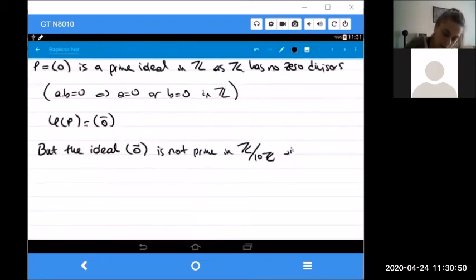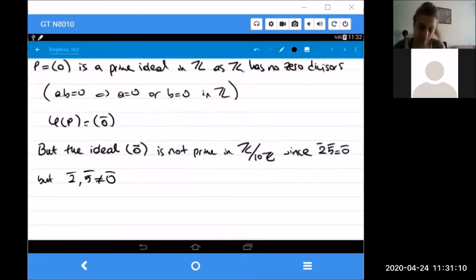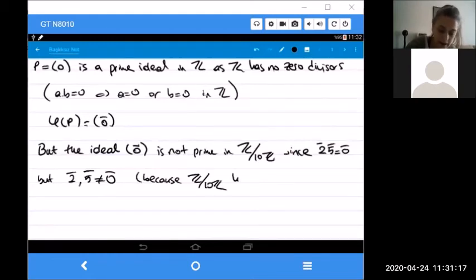take 2 times 5, for example, which is equal to 0, but neither 2 nor 5 is equal to 0, okay? Because, or you can write, because Z over 10Z has zero divisors. So in the first part, we have shown that